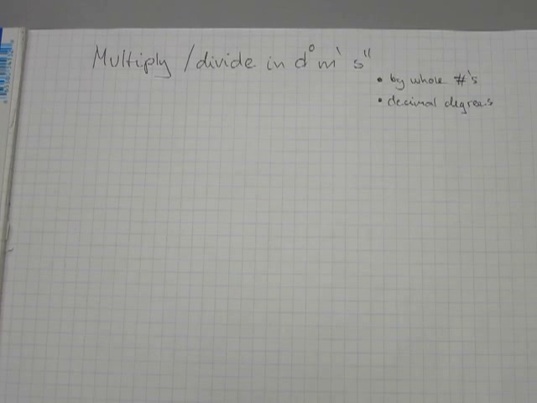Once you have the degrees, minutes and seconds conversion to decimal degrees figured out, you should be able to proceed on and work out how to multiply an angle in degrees, minutes, seconds with another angle in degrees, minutes, seconds, actually with decimal degree conversion, and do the same in division. Let's get started with